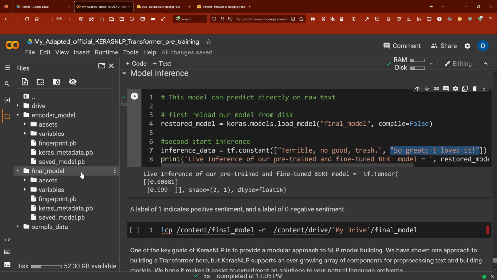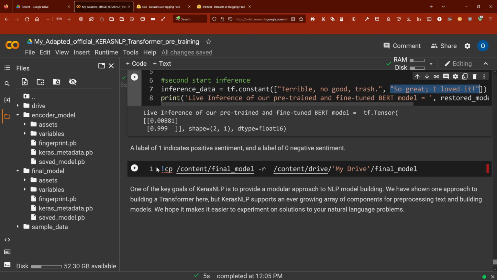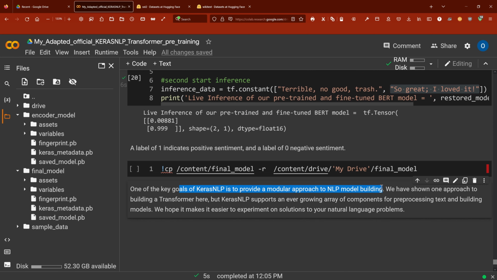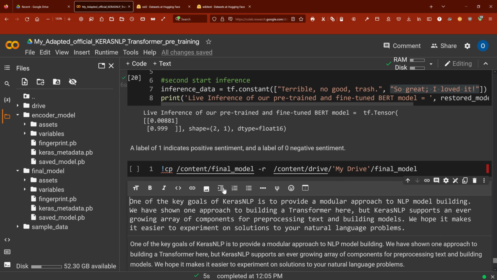You can build your own fine-tuning of the pre-trained model, and you have a model ready to deploy whenever you want. Yes, it is a modular approach to NLP model building, and really KerasNLP, if you are familiar with Keras, which is in itself a high-level API to TensorFlow 2, with this KerasNLP toolbox,